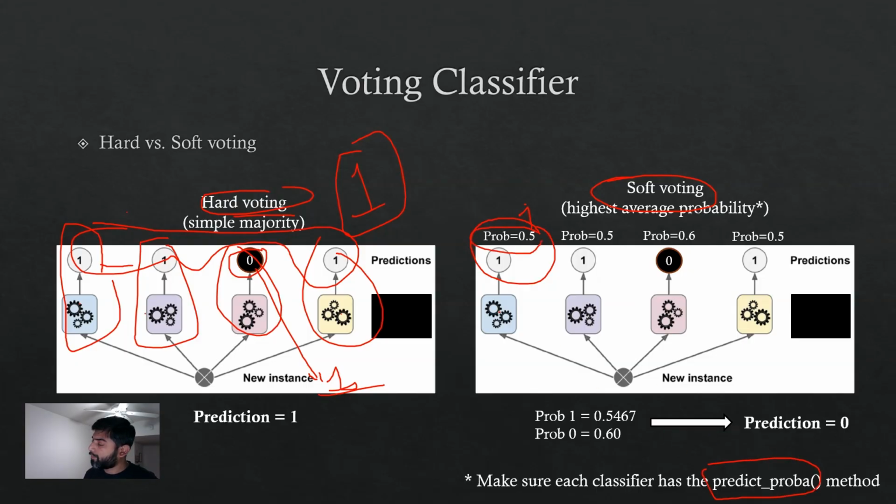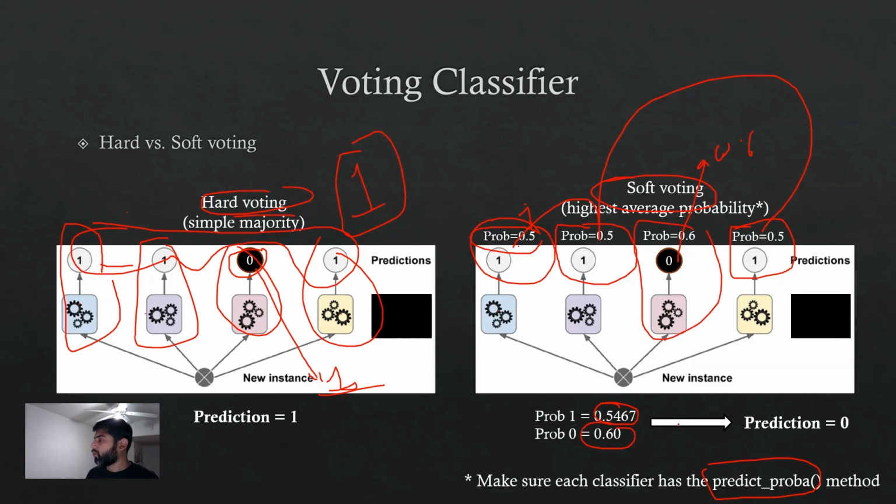When you use this with the model, it predicts with an associated probability. The probability associated with, let's say, the decision tree is 0.5, the support vector machine is 0.5, and logistic regression is also 0.5, while a fourth model gives its prediction of 0 using 0.6. Now, if you average these three who predicted 1, you get 0.5467, while the probability of the fourth guy is 0.6. Who is leading in terms of probabilities? Obviously, 0.6. So 0.6 rules over 0.5467. So this way, in soft voting, you get a prediction of 0.